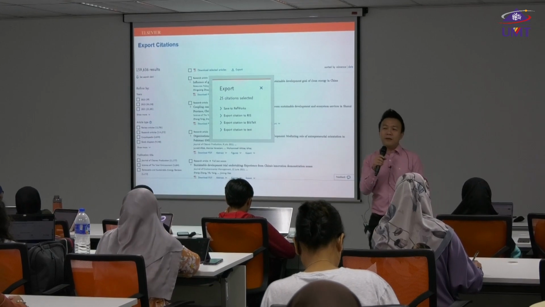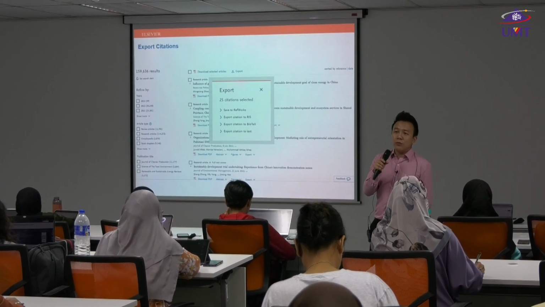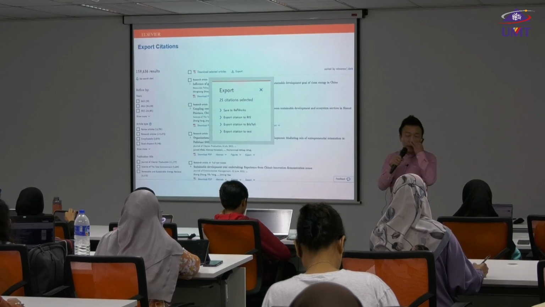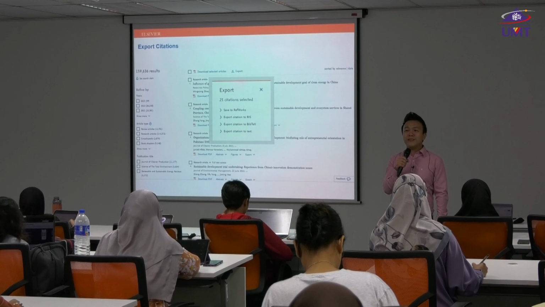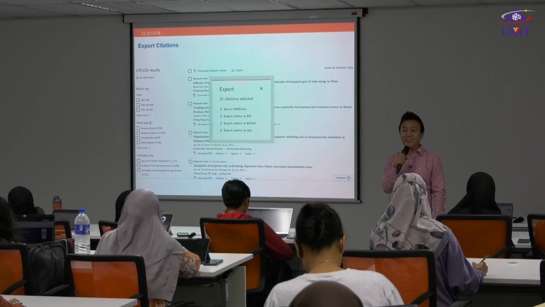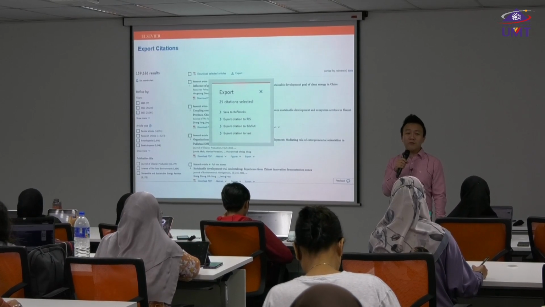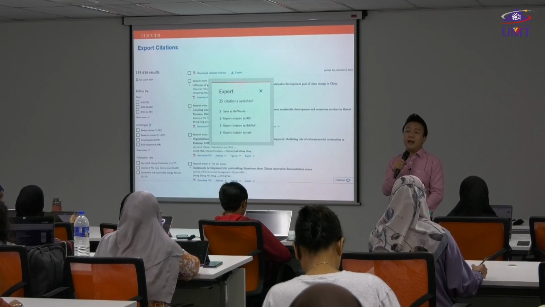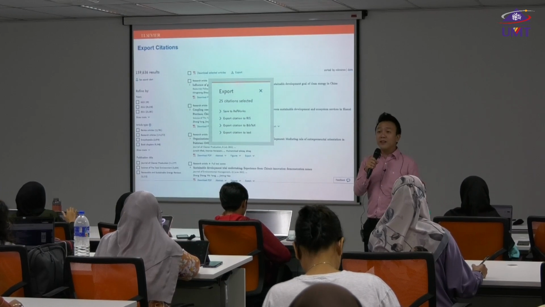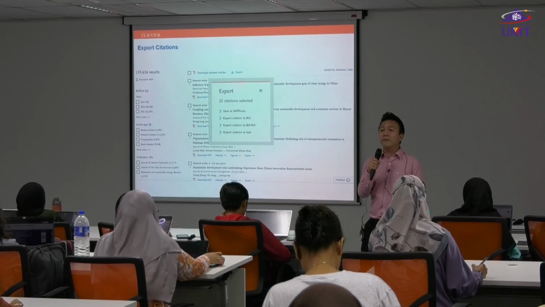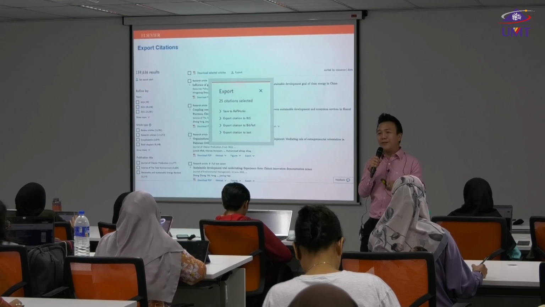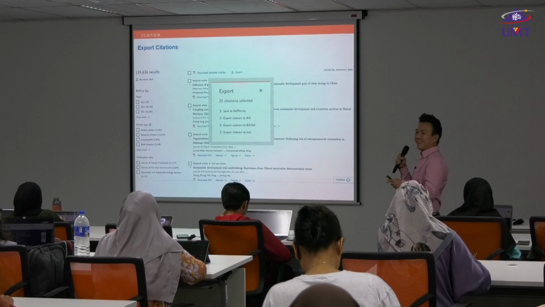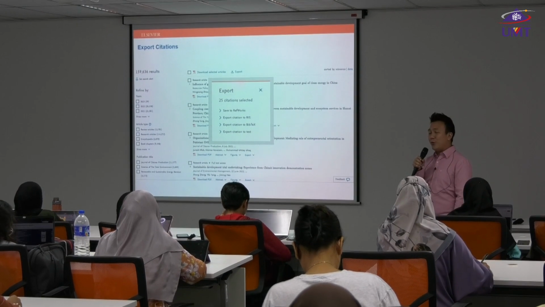So during the assignment, if you already start using the referencing tool, when it comes to your final year project later, when it comes to your master's project later, it is a lot easier. I only started to use this referencing management towards the end of my PhD studies, and it is a lot easier. During my undergraduate, I had to type in one by one. For example, if that research article has 20 names, I had to type 20 names manually. Now you do not need to do so. You just click export reference or citations or whatever. Everything is well arranged for you. Okay?